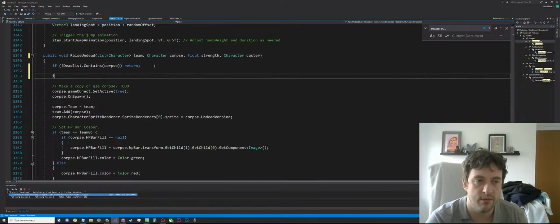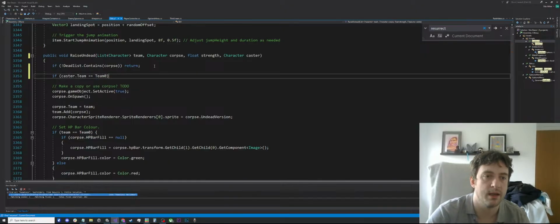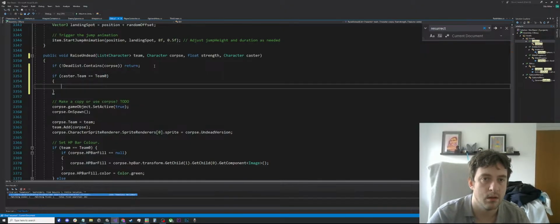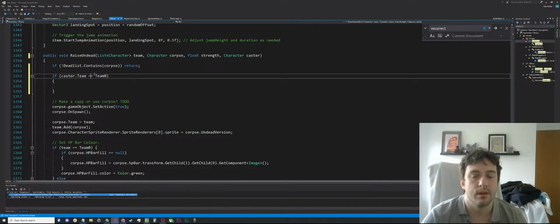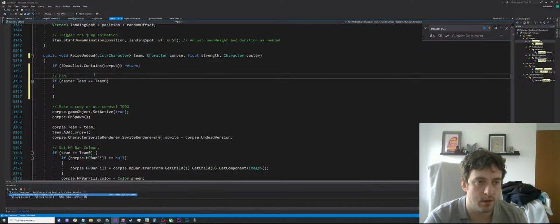And then we say if caster team is equal to team 0, so if they are on the player's team, proc artifacts, we'll call it grave artifacts,